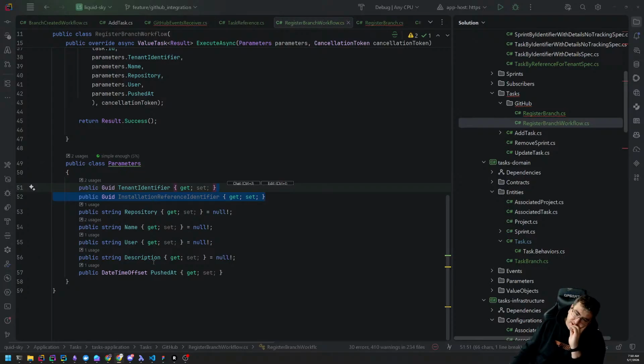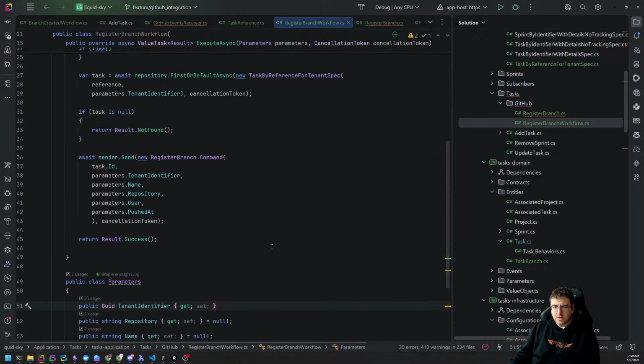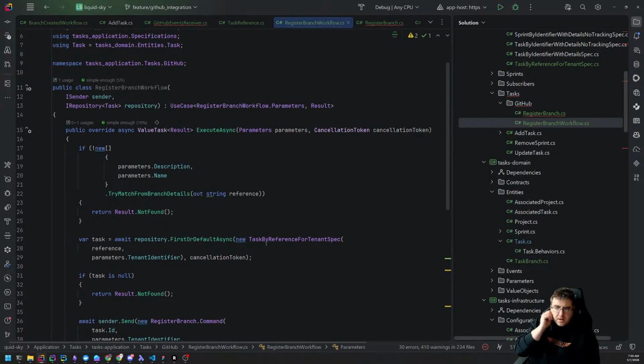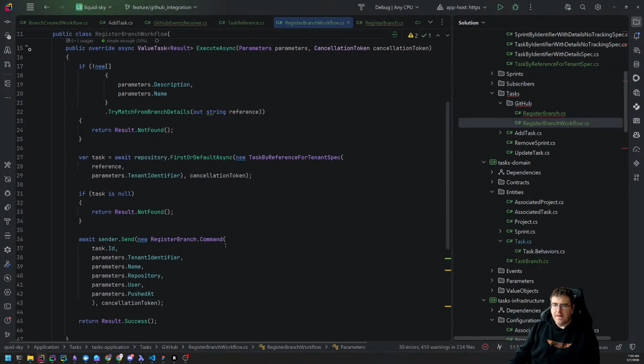Do I validate that I've got an installation? Is that a responsibility of any action here? Probably not. If you uninstall it, or if you disable the feature, one